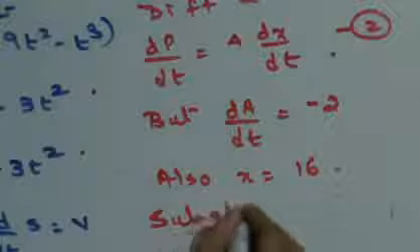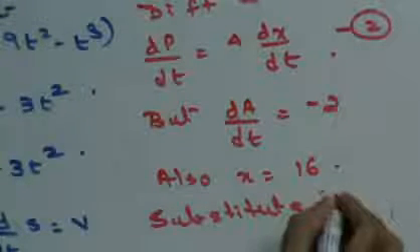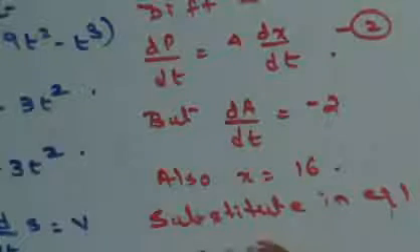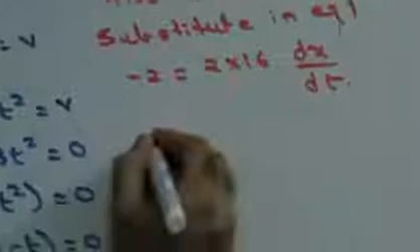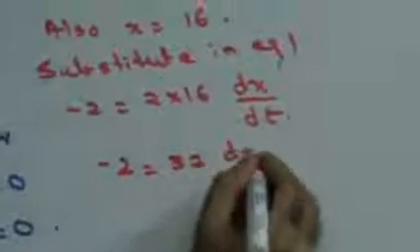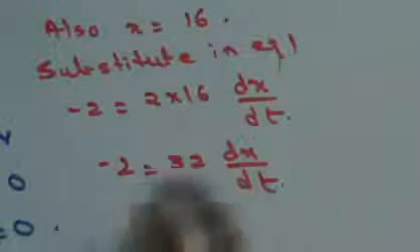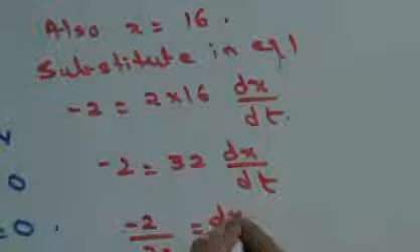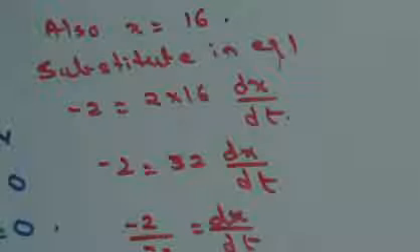Substitute in equation 1. If I substitute in equation 1, I'll get minus 2 is 2 into 16 dx/dt is equal to 32 dx/dt. So in that case, I'll get minus 2 upon 32 is dx/dt, minus 1 upon 16 is dx/dt. Right? Once you have this, substitute